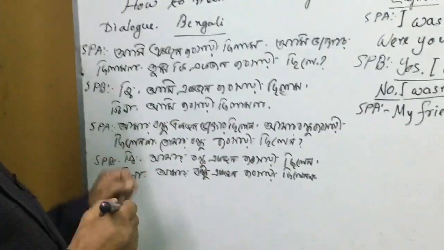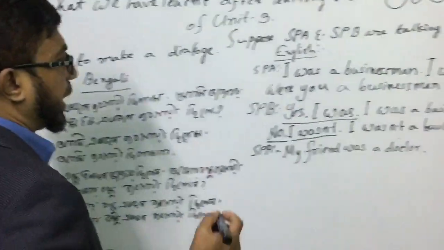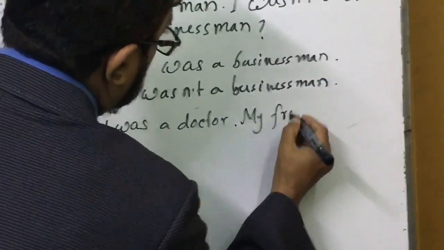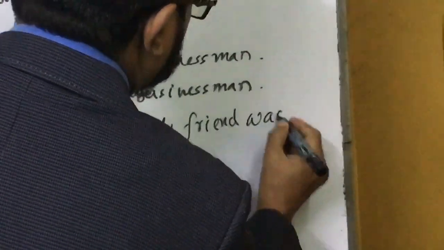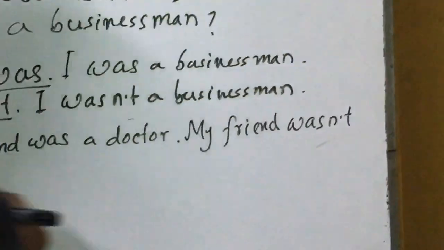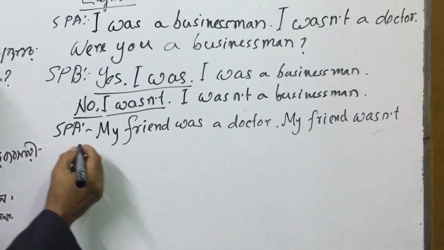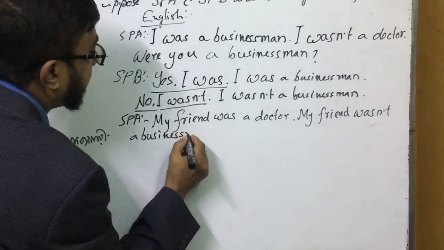"আমার বন্ধু ব্যবসায়ী ছিলেন না." আমার বন্ধু ছিলেন না. My friend was not. Or my friend wasn't. My friend wasn't a businessman. "আমার বন্ধু একজন ব্যবসায়ী ছিলেন না।"